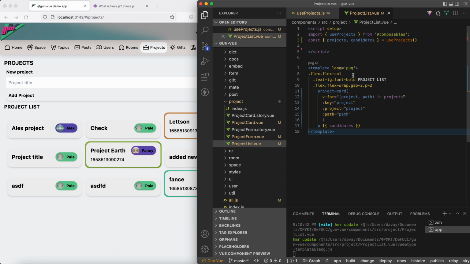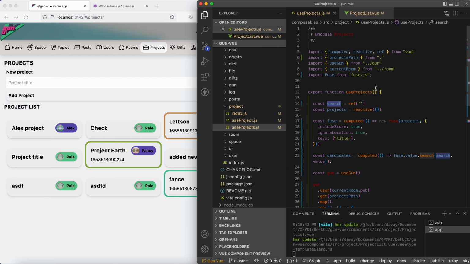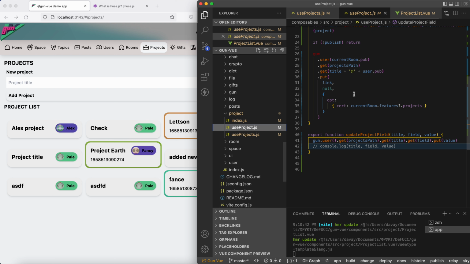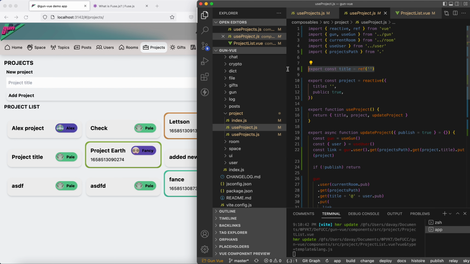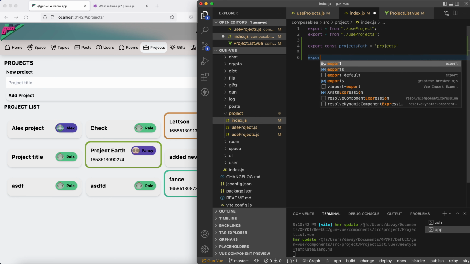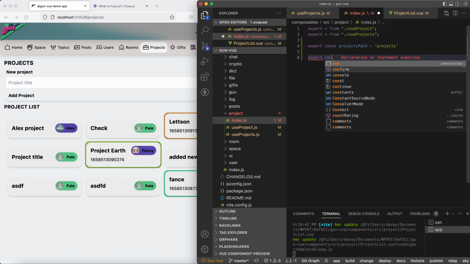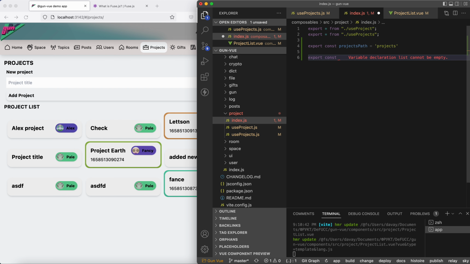So we should need this search to be changed accordingly. So it's here, this search, but maybe this search is the same as this title in our case. So let's say that there is a constant like search, like title,